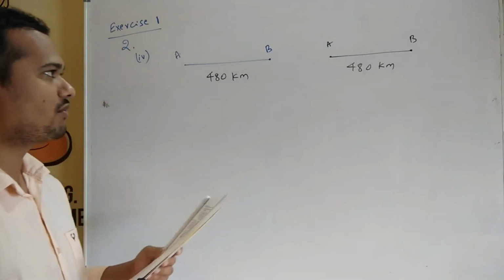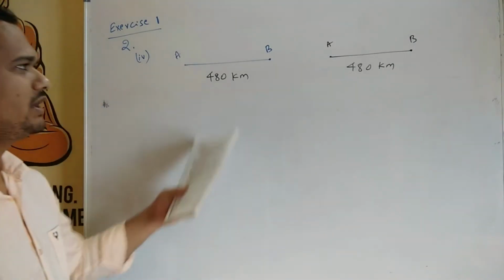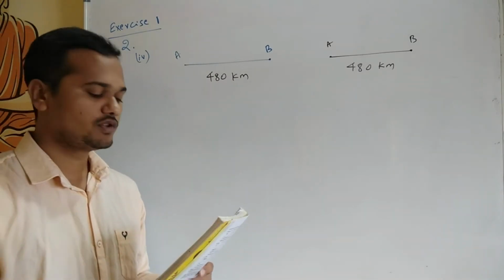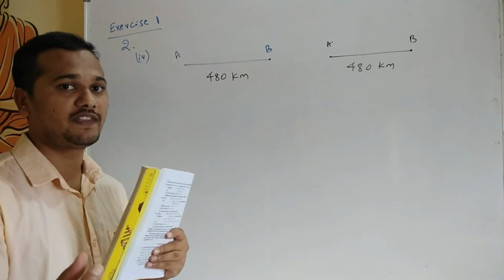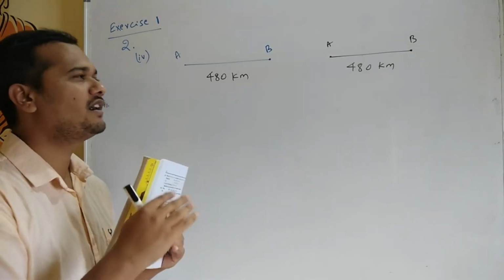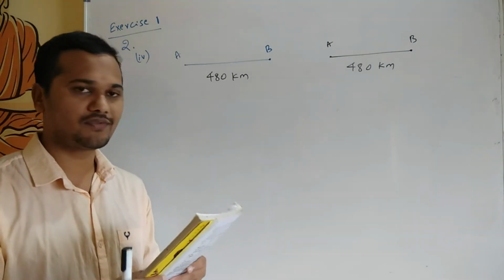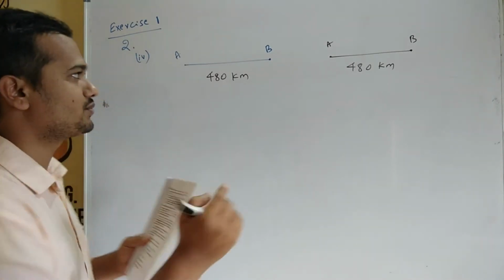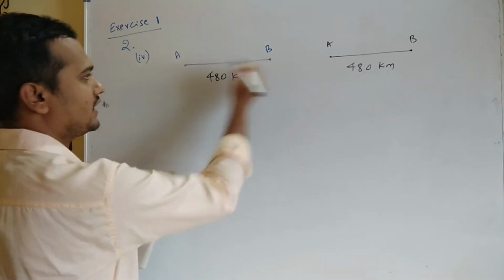This is one of the important problems from quadratic equations, so just concentrate on the steps. Before solving the problem, the important thing is how you interpret the given problem. Taking out the given data from the problem is very important. If you rightly pick the given data from the problem, then almost 50% of the problem will be solved. Let's see our first sentence. A train travels a distance of 480 km at a uniform speed. So this is our distance from point A to B, which is 480 kilometers.